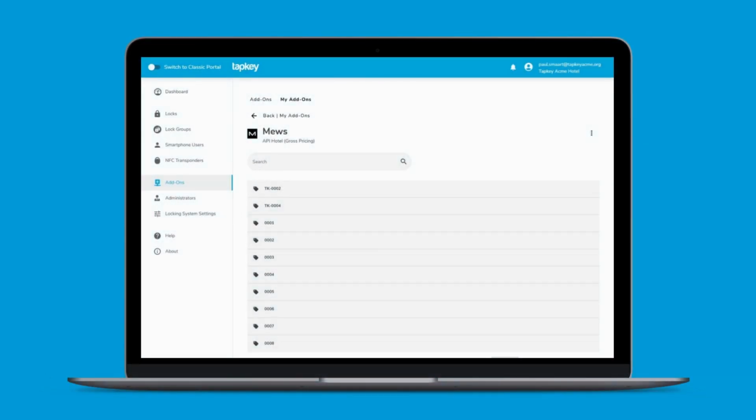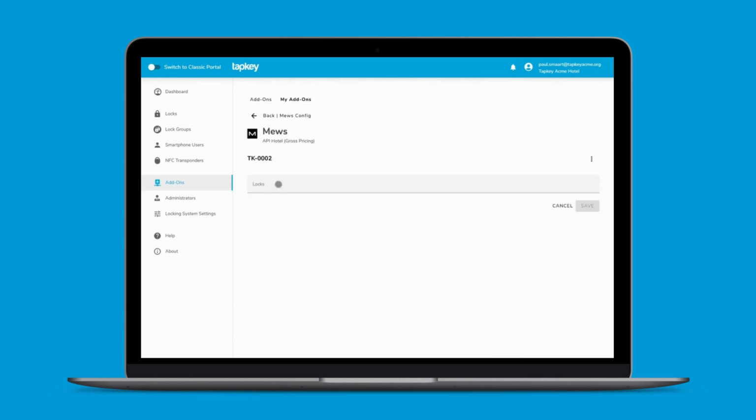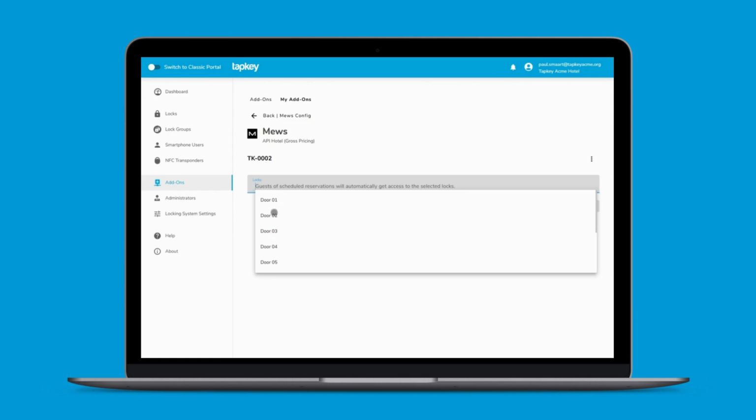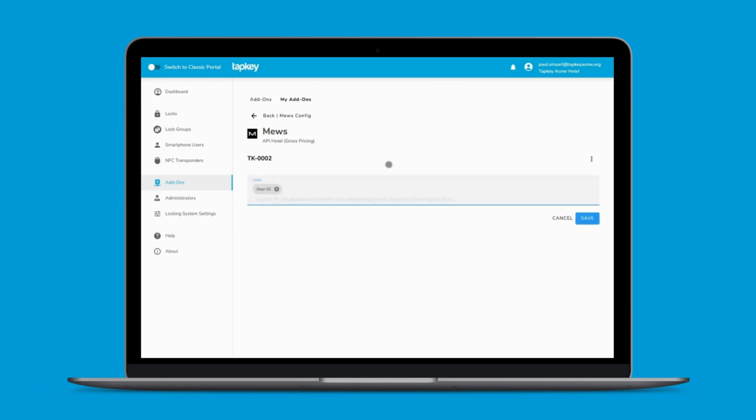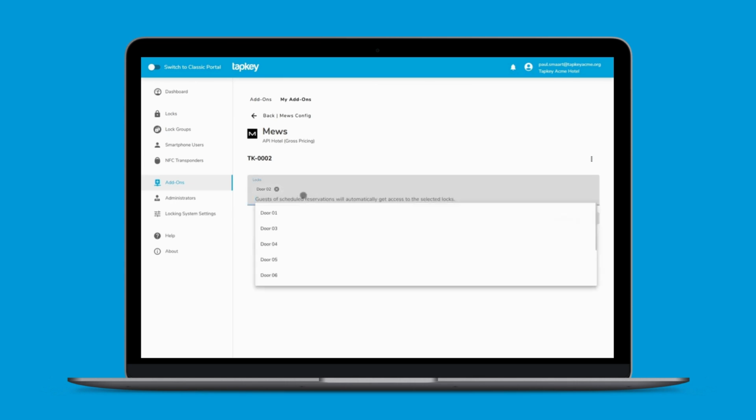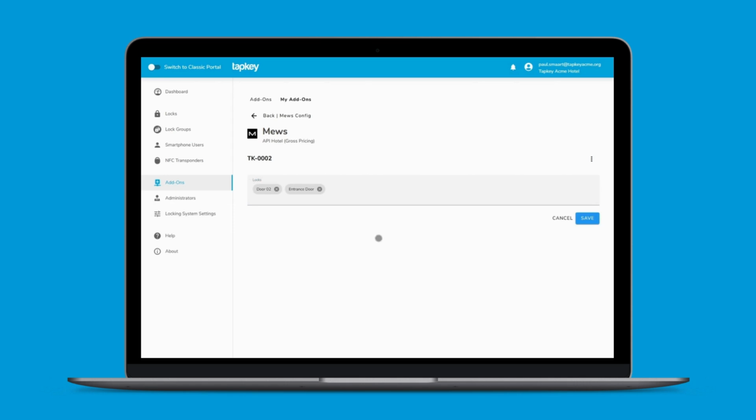We are going to start configuring some resources. In this case, we are going to start by our room 002, and we are going to associate one lock. So what we expect from this point is that every reservation that is checked in is going to create a permission for accessing the specific lock. We can add a permission for the lock and also for the entrance door, in this case, for the entire hotel. I'm going to save the changes